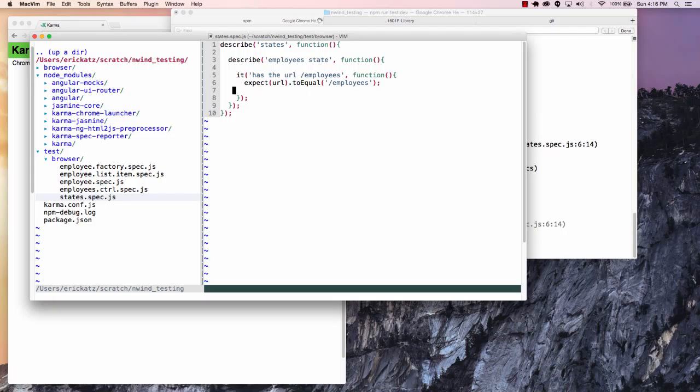So how are we going to populate that? Well, what we actually want to do is, it's interesting, the state provider has a method to actually go and access a state. So you could say state.get, get me the state that exists, and assuming we have a state called employees, we're going to be able to grab the URL. Now, we don't have this state, so let's actually get this state, and we'll do our beforeEach, and this is going to be module our app,